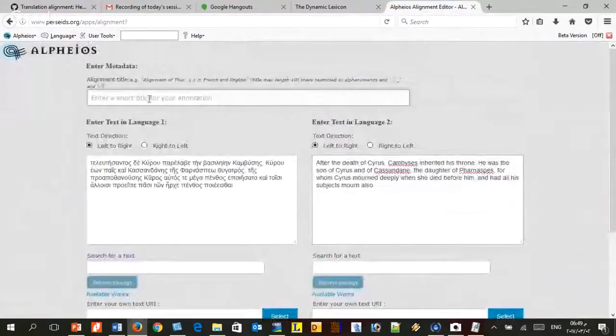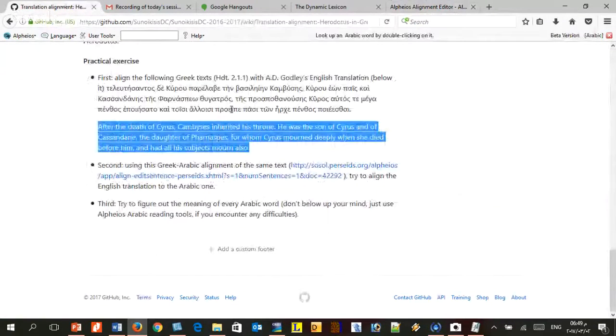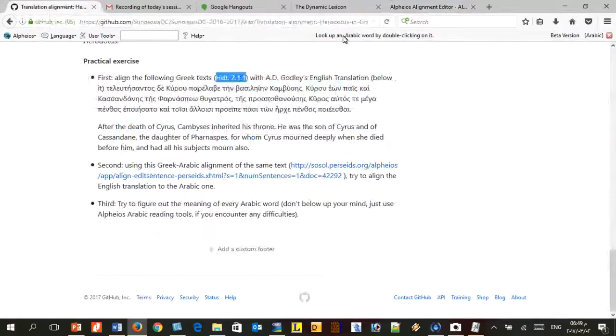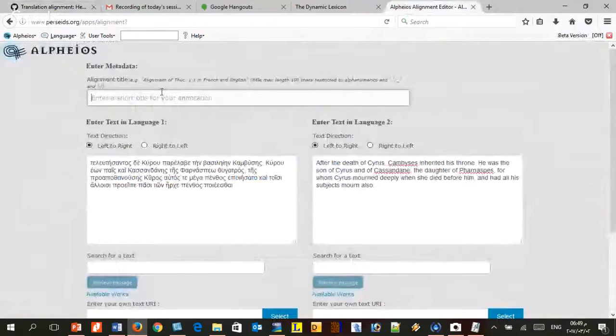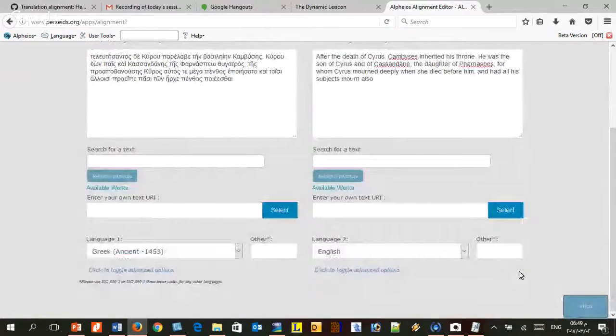Then give it a name: alignment of Herodotus, book 2, 1.1, from Greek into English. Maybe we could say 2. And then click on align.